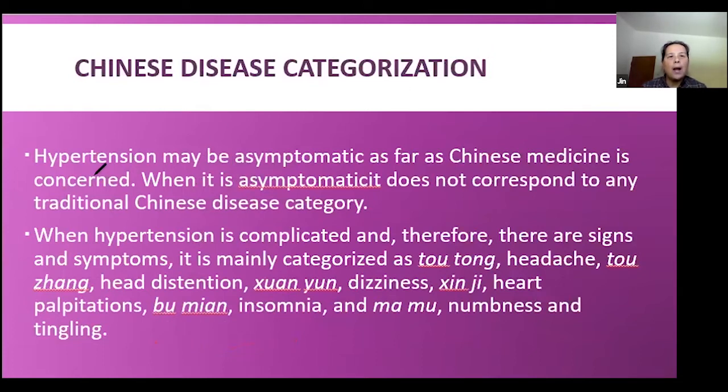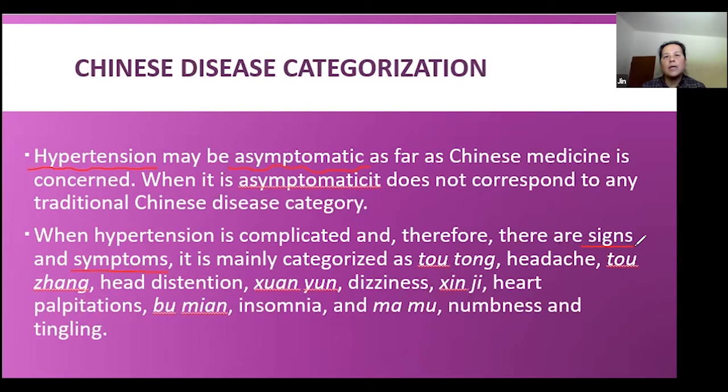Then we move into the TCM part. For hypertension in TCM, we still have different degrees of hypertension, like mild. From the beginning, they may not have symptoms. In TCM, a patient has some symptoms and then we put them into different illnesses according to different symptoms. So if the patient has no symptoms, we are not especially thinking about a TCM illness. But if they have symptoms and signs,